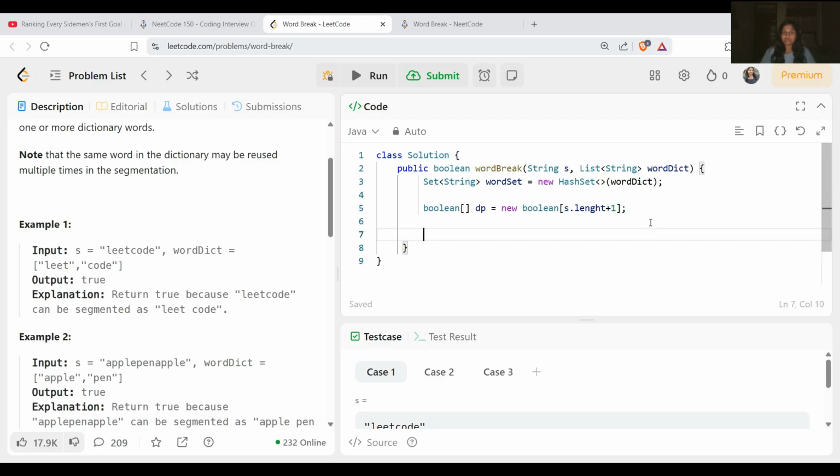Now we need to put a base condition for when the string is empty. So we will keep dp[0] equal to true.